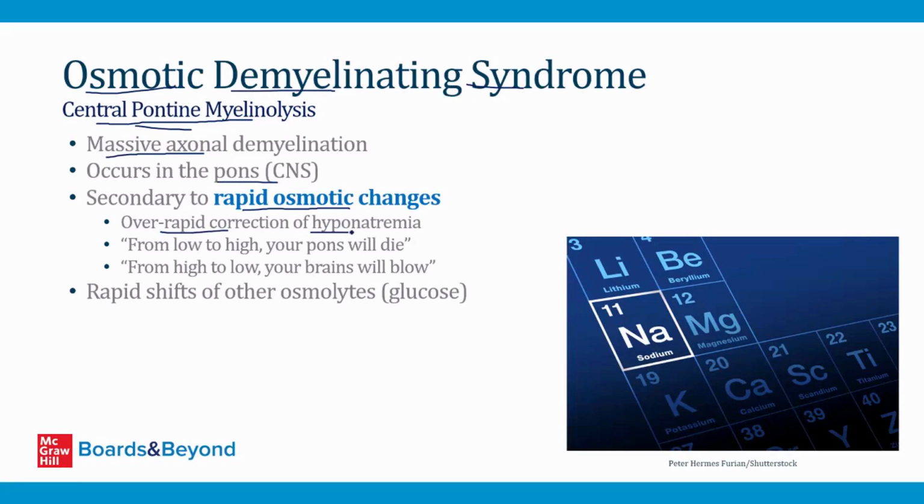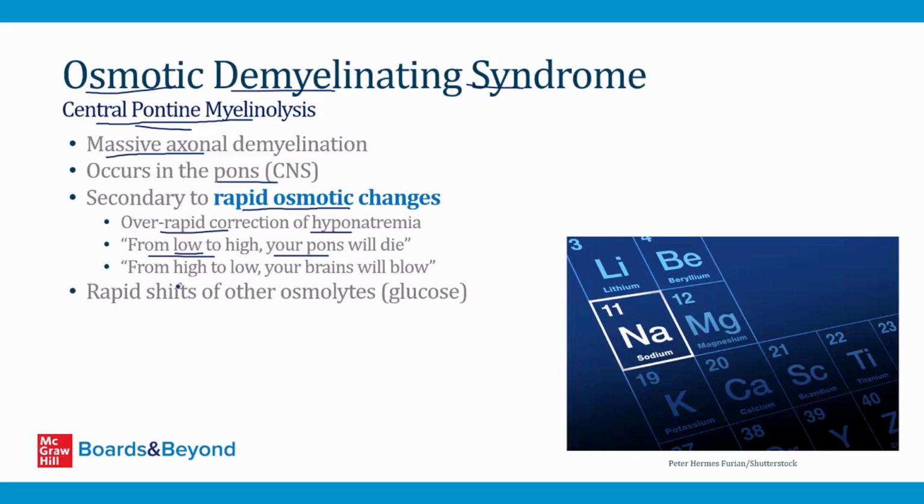In the renal section, I talk in detail about the treatment of hyponatremia, but when a patient presents with a low sodium, you cannot correct that too rapidly. If you do, it will lead to this osmotic demyelination syndrome. And there's a mnemonic that's been used for a long time to remember this, and the mnemonic goes: from low to high, your pons will die. And this means if you correct hyponatremia, meaning low sodium, too quickly, your pons will die